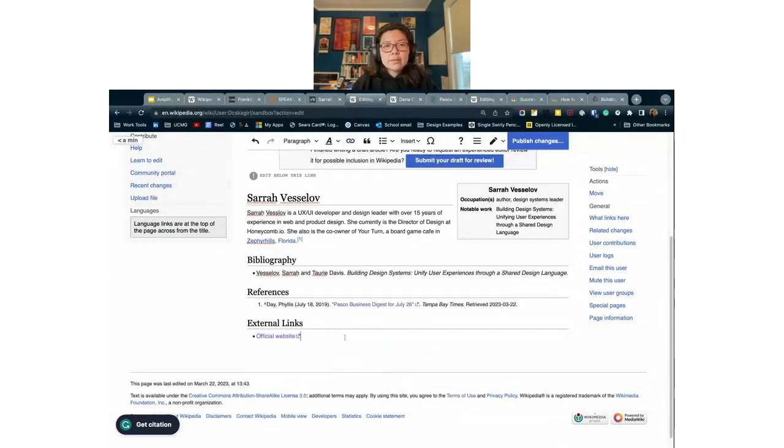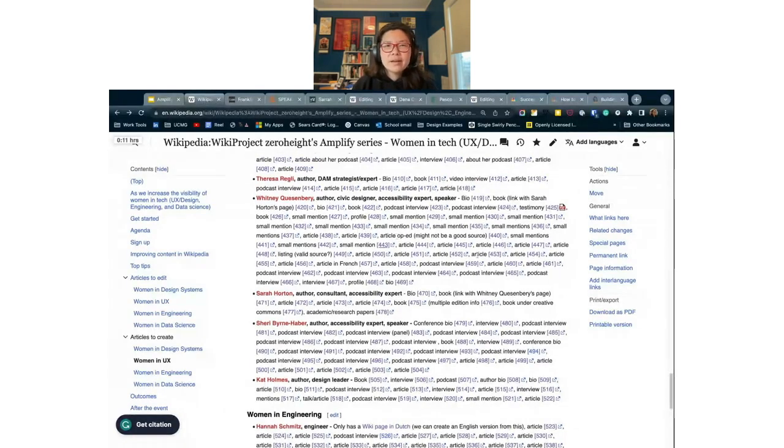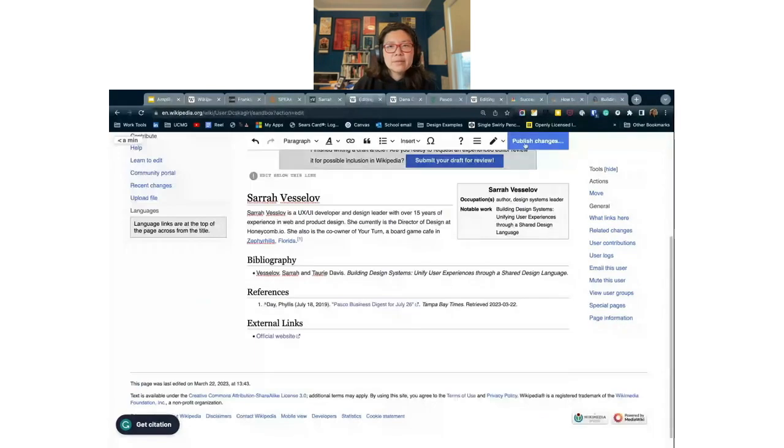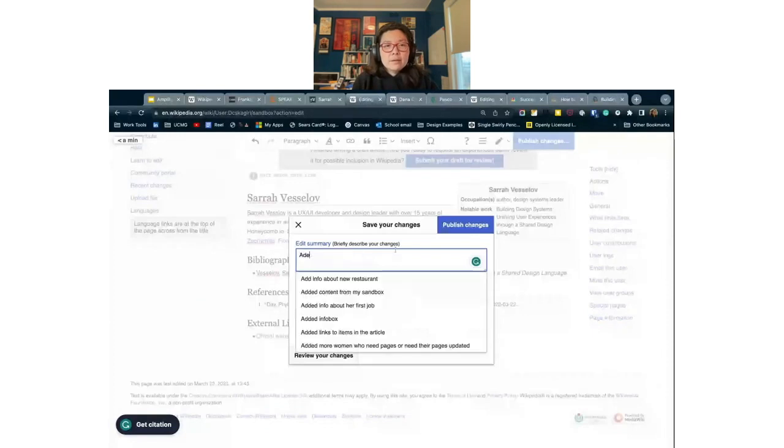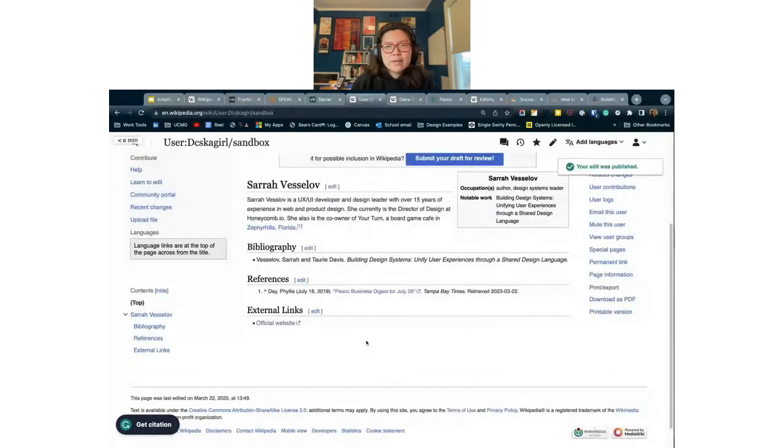So it tries to do a lot for you, which I think is really smart. And if we had other references, it will know to numerically footnote those, so you don't actually have to keep track of that. As you can see here, there are a lot of article reference numbers, and I didn't have to renumber them every time I added something. So that was really nice. Let's see, added official. I try not to say her personal page; official website just seems more official.